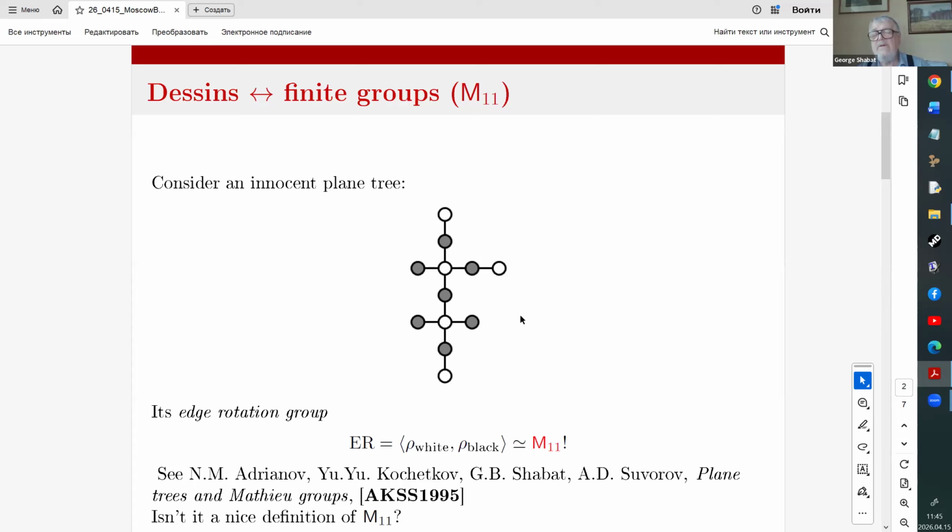And sorry, I'm afraid I haven't said that the edge rotation group is the Galois invariant. Therefore, the others are defined over some huge fields of algebraic numbers, and there is no chance of writing them down